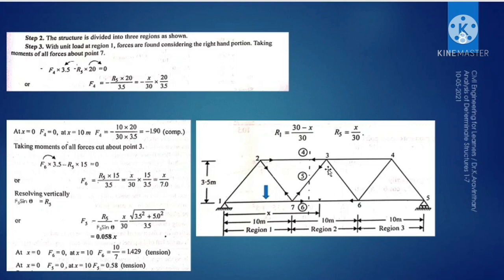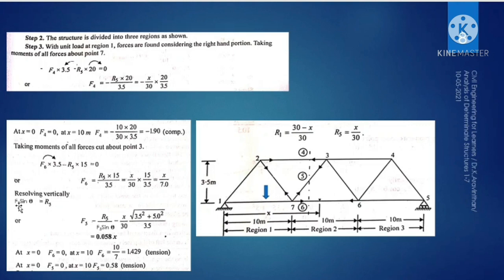Okay, and this will be negative, which is acting downward, and if you are looking into the right hand side of this panel, you have R5 here. So R5 is upward, hence it is positive. So R5 will be on one side, minus F5 sin theta. So the sin theta has gone to the left hand side, hence you will be getting this equation.